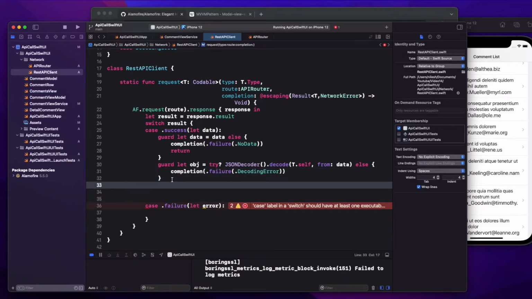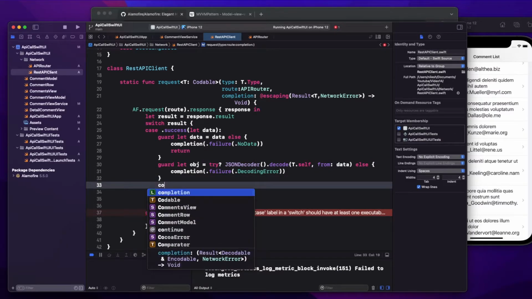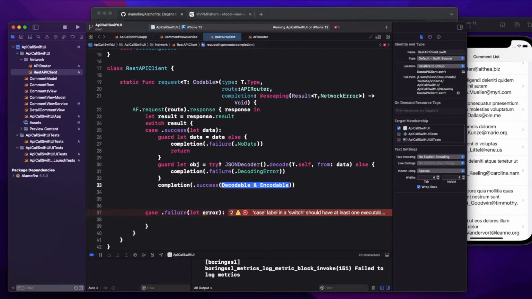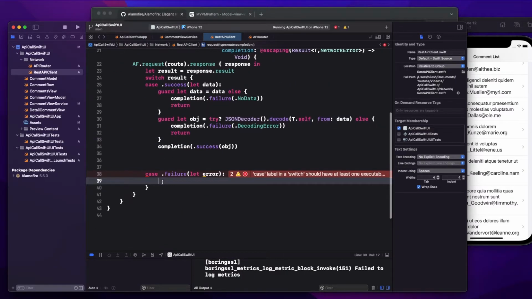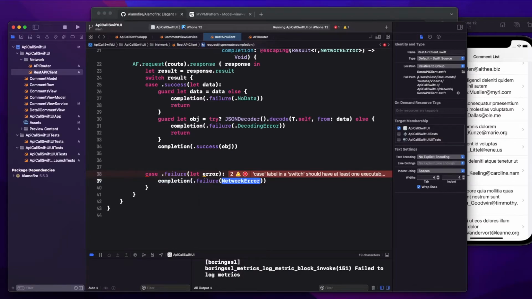Else, if there's no error in this case, then in the success case we're going to return completion.success, and we are going to return here object. Okay, now in the failure case we are just going to return error. So completion.failure, and I'm just going to return.